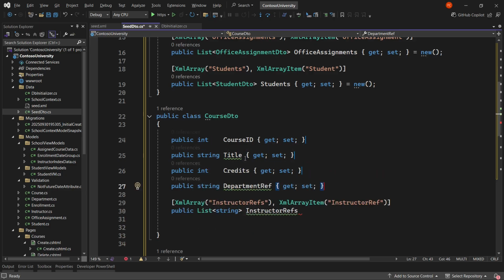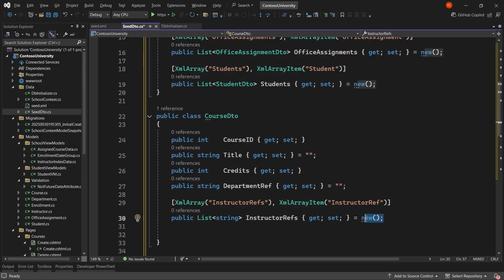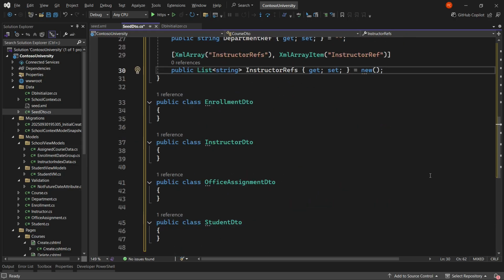and then for my strings, I'm going to put an empty string, because remember that strings are reference values, and they cannot hold null. They only can reference places in memory. And then I'm going to do the same thing, but I'm going to be using this new value here. Okay, so we're done with courses,